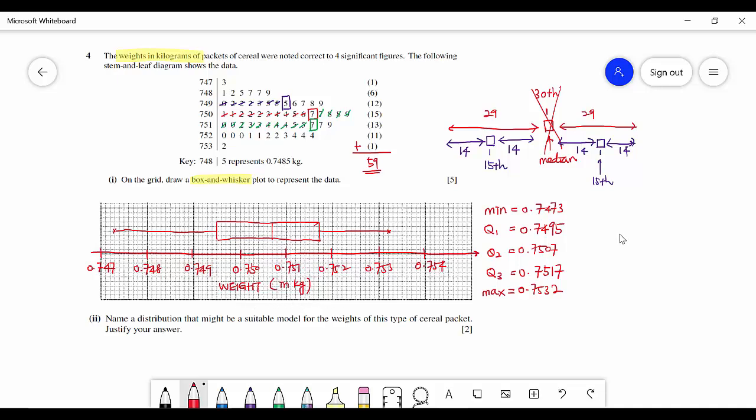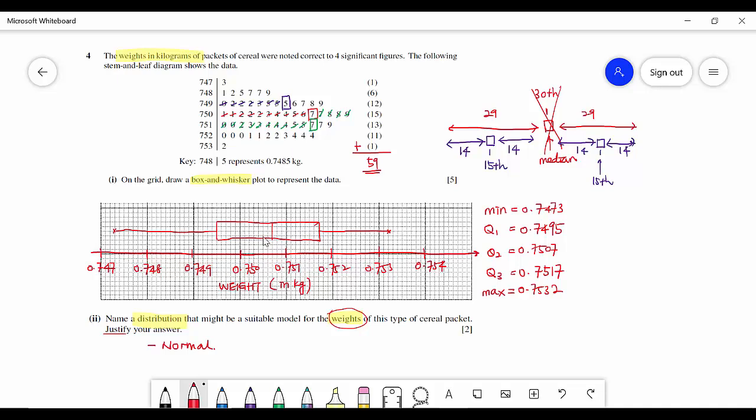All right, okay. Then now for part number 2, they want you to name a distribution. So distribution means is it looks like binomial, normal, or Poisson, or anything that we learned before. That might be a suitable model for the weights of this type of cereal packet, and justify your answer. All right, so for weights, usually the distribution that we can use is normal distribution. All right, okay, so weights we measure it, correct or not? So it might be a normal distribution,